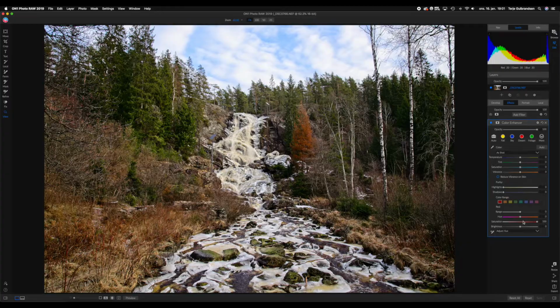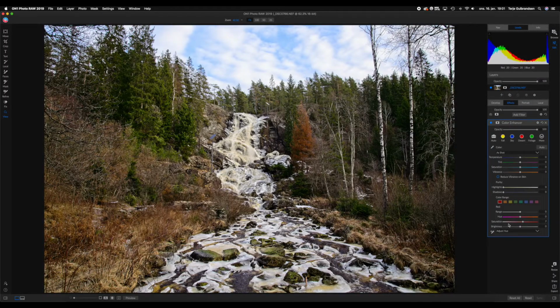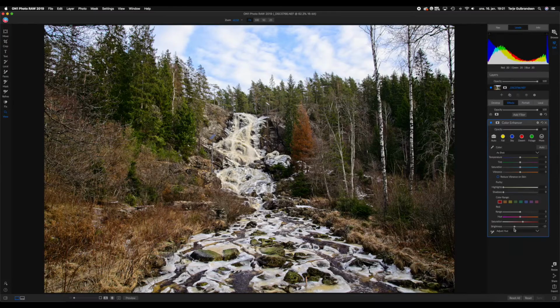Of course, I don't want to go up to 100, but I'm going to go down to 7, and I want to enhance the reds here even more. So I'm gonna actually go down on the brightness and see if that pulls out more dramatic color effect on the reds. Yeah, it doesn't do too much, but if we go into the orange, we can probably pull out